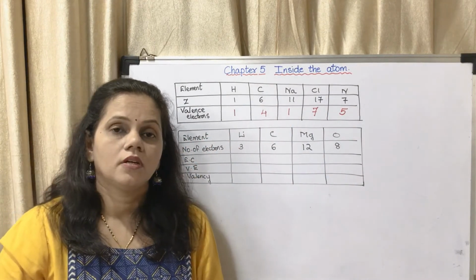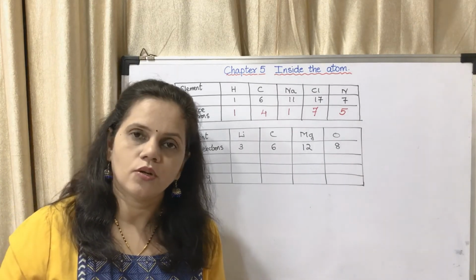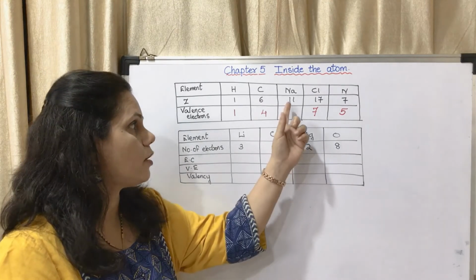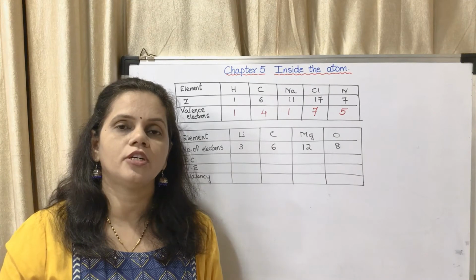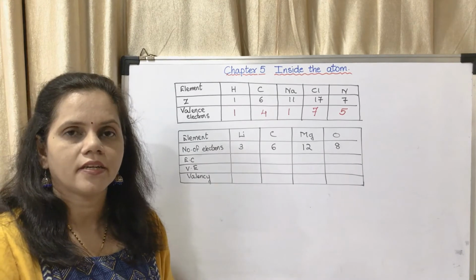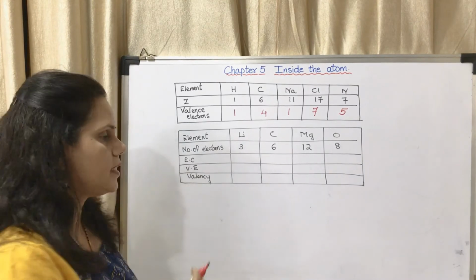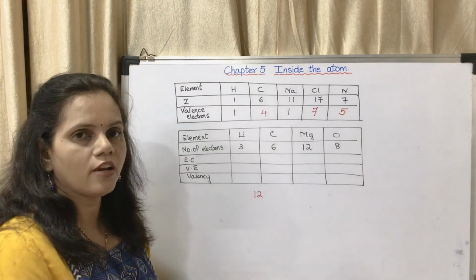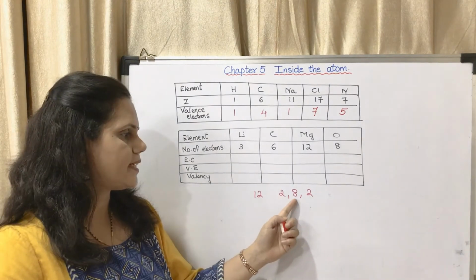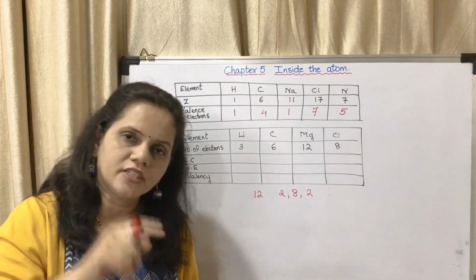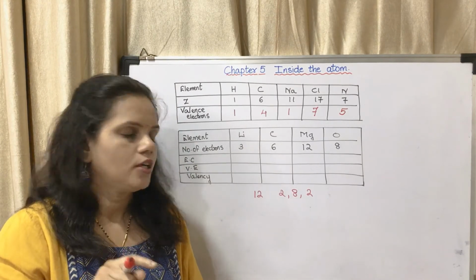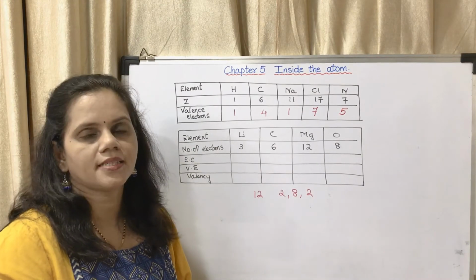Okay, now this comes by practice only. You have to practice it again and again. If you are given an atomic number, first of all you should be able to write the electronic configuration immediately. Consider the atomic number is 12. The atomic number is 12 means 2 in the first shell, 8 in the second shell, 2 in the third shell. 2 plus 8, 10, 10 plus 2, 12. In the first shell there will be 2. In the second shell maximum there will be 8. You have to total it and see whether this number is coming or not.